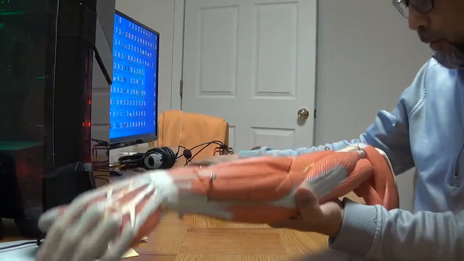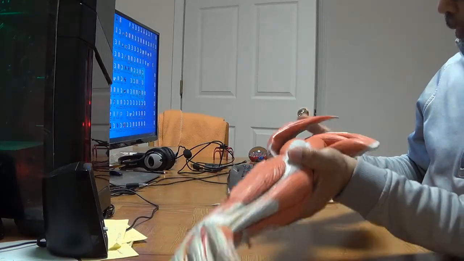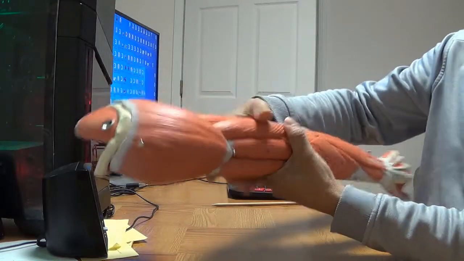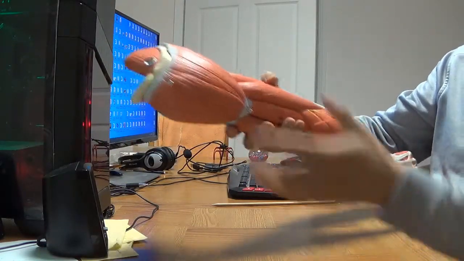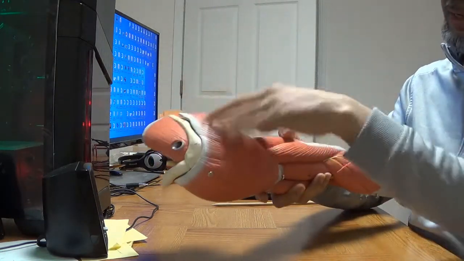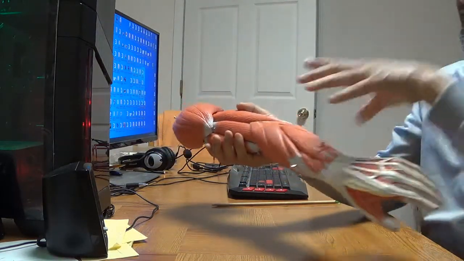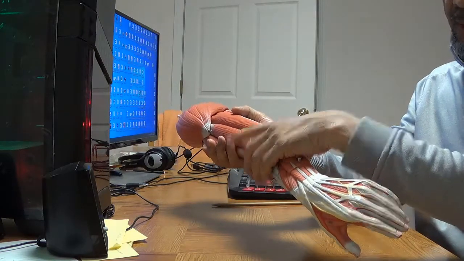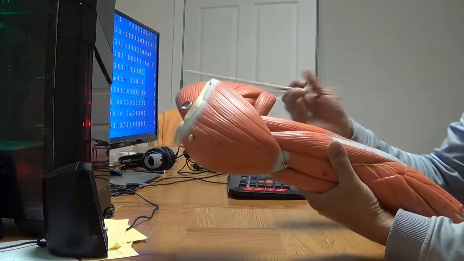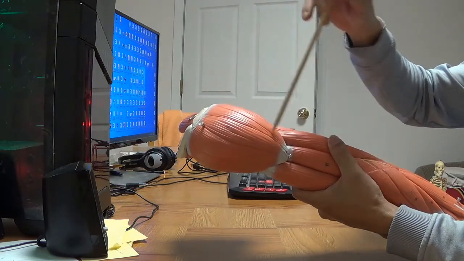Okay everybody, so now I'll show you the muscles of your upper limb. So this is your upper limb. First I'll show you few muscles of your shoulder around here, then I'll show you the muscles of your arm, and then the muscles of your forearm and the hand. So this is a large triangular muscle